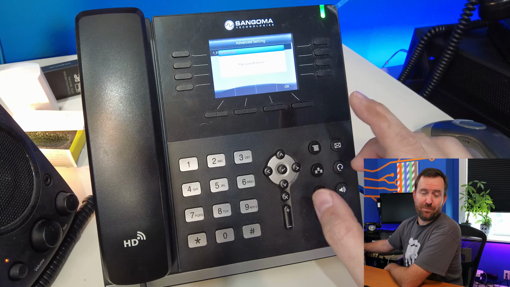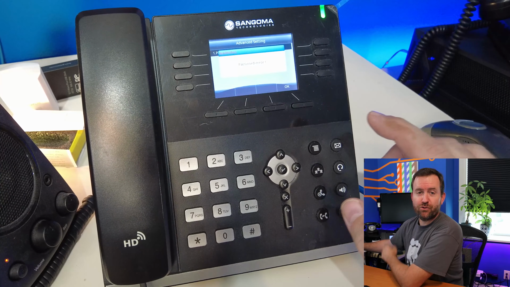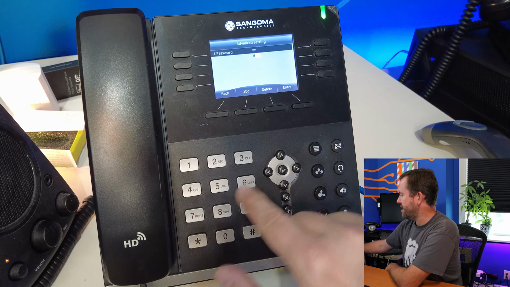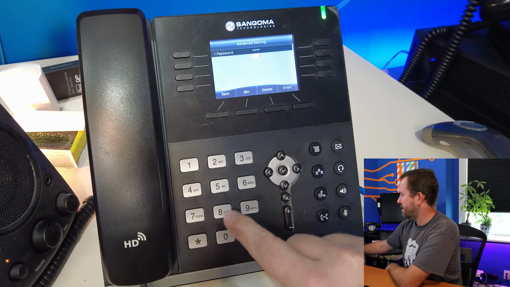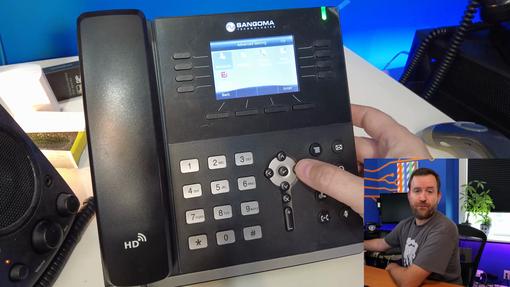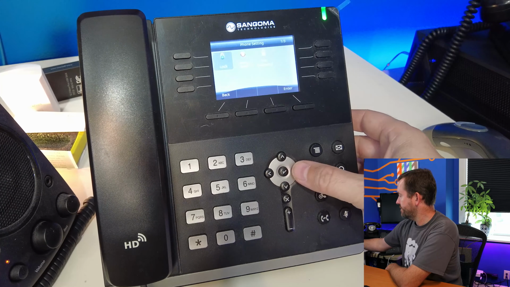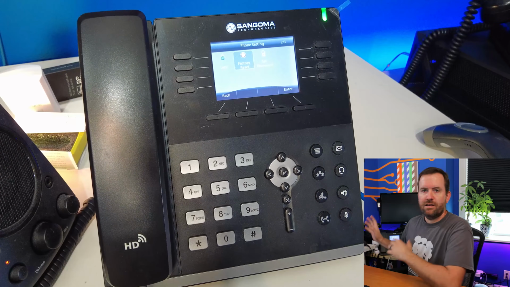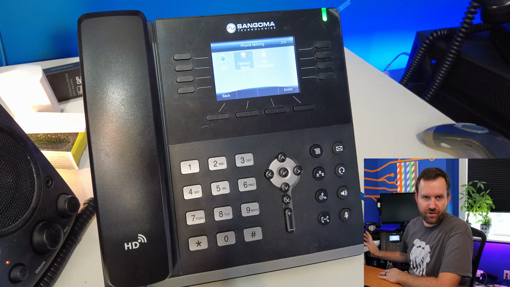Oh, no, it's not. It's admin by default, and then it's 222 once it actually provisions. So let's put in admin, A-D-M-I-N, enter. Now we want to go to phone setting, factory reset, and OK. So now this phone is going to factory reset,